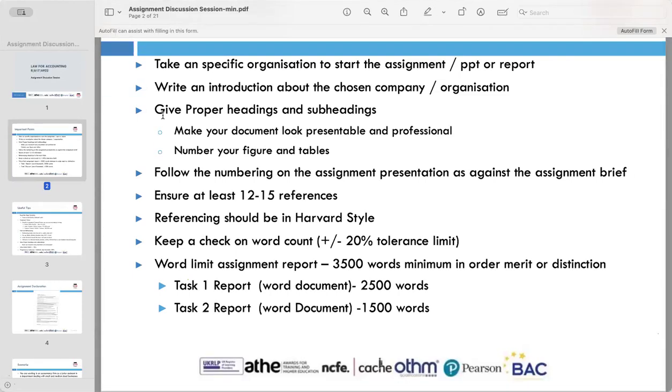Basically, use the Harvard reference system, which means mentioning the author and date in your text. For example, if there are two writers, Johnston and Jones, then you write Johnston and Jones, comma, 2012, in brackets. I also recommend that your bibliography include a minimum of 6 to 8 references from books, journals, articles, and websites.